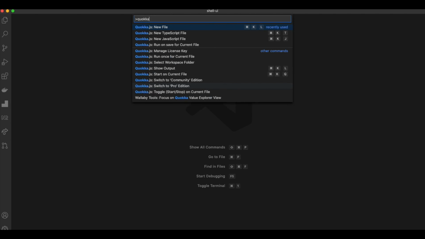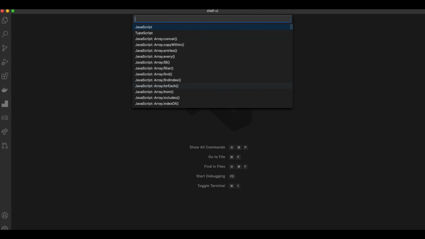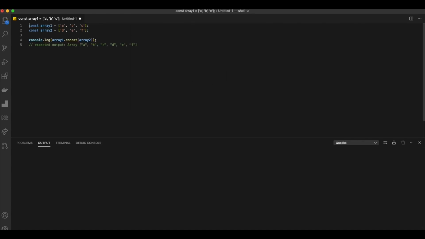You can start Quokka with a new file, with a new TypeScript file, or with a new JavaScript file. Let's take an example from a new file. When you press it, you will have several options with examples. So we can take, for example, this one,